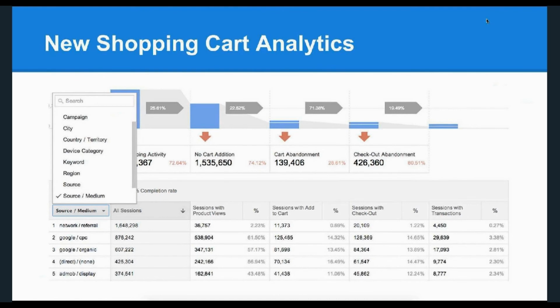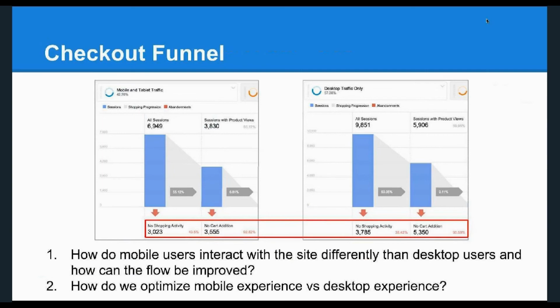And of course, what's great about this is that it isn't actually just a flat funnel. You can engage with this funnel and you can get different interactions and different proof points. So you can say, how does it differ based on the marketing campaign that they came through? How does it change based on maybe the location of the customers? Or more importantly, what happens when people are engaging with our business across multiple devices and categories? Now we allow that type of segmentation, that understanding, so that you can actually go through the checkout funnel to say, well, how does our site experience differ for those people that are using a mobile or tablet device based on those people that are using a desktop?